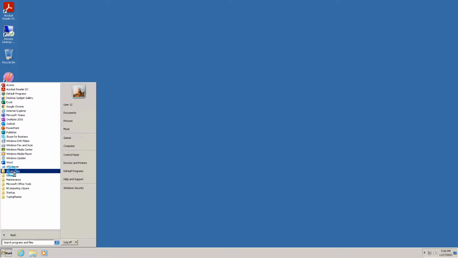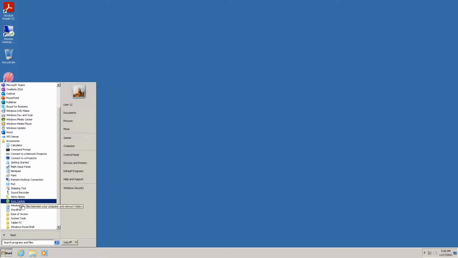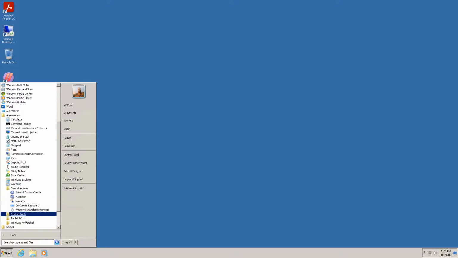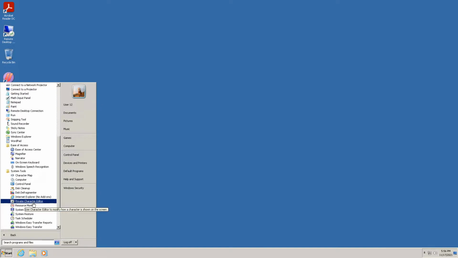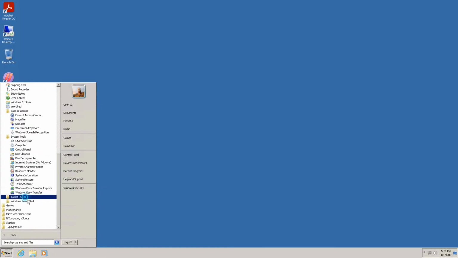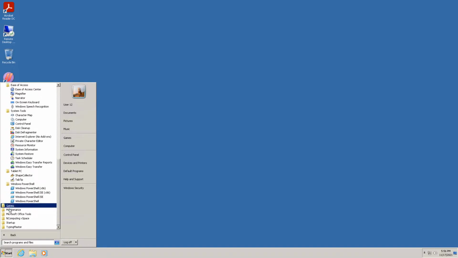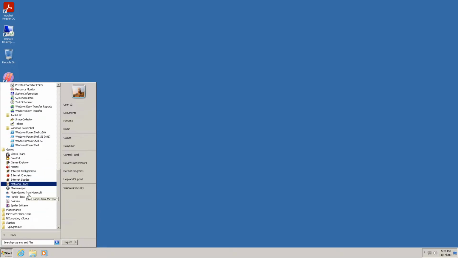Next, accessories. You click here, you will find a lot of tools. You'll have to write all these tools. Next, ease of access, a lot of tools. Next, system tools, a lot of tools. Please write down. We may use, we may not use. Tablets, Windows PowerShell, games. You can click and see one or two games also.